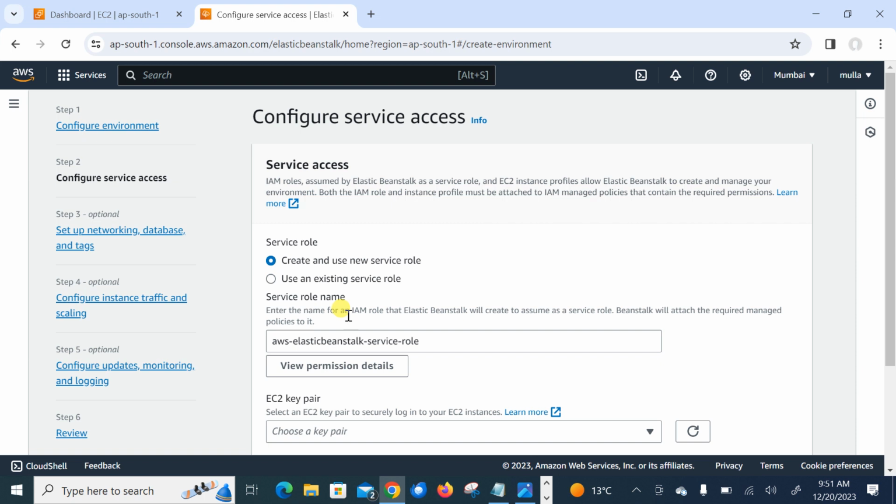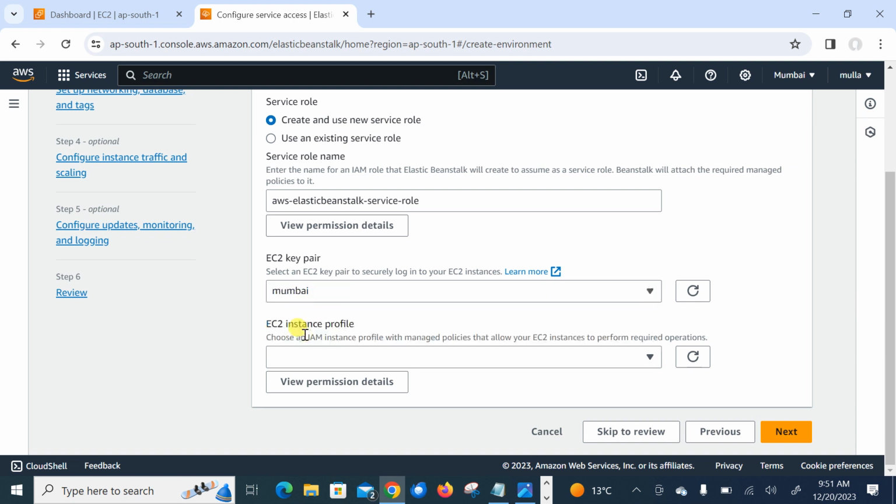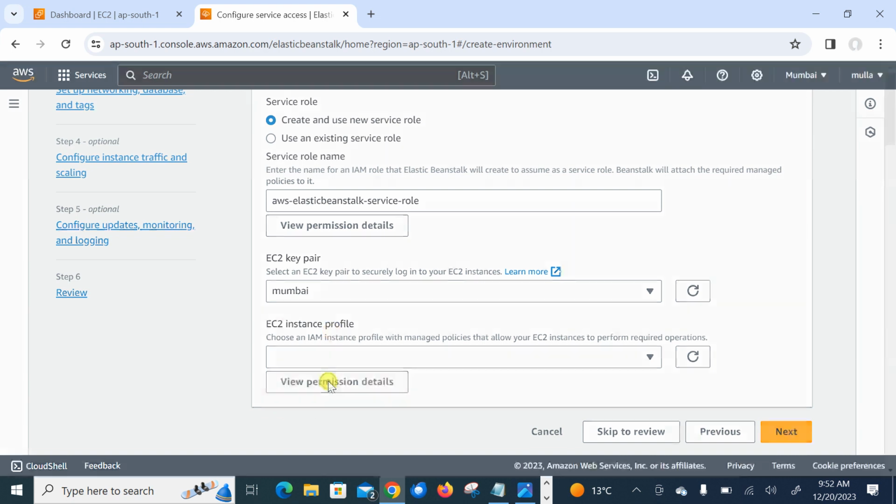And next we need to attach the key pair. So if I scroll down, currently I have one key. This is the Mumbai key. If you don't have one, you can create it. And then next we need to configure the EC2 instance profile. For the EC2 instance profile, we need to choose an IAM EC2 instance profile with managed policies that allow our EC2 instance to perform the required operations. So let me copy all the policy code from view permission details and make our custom managed